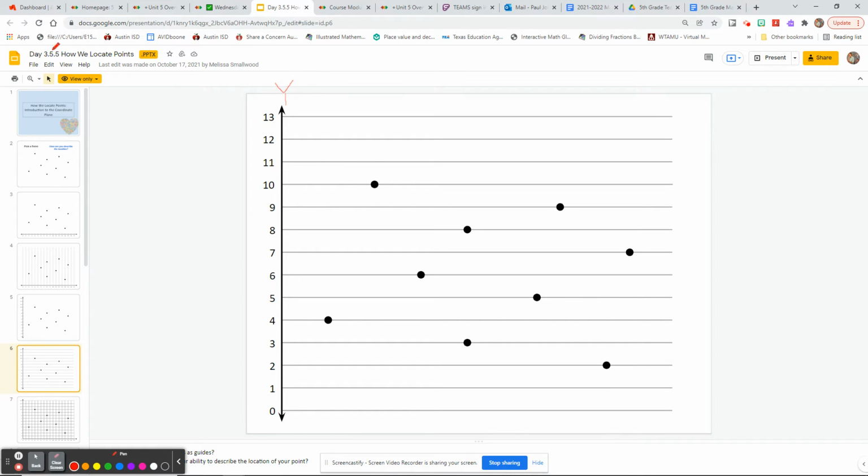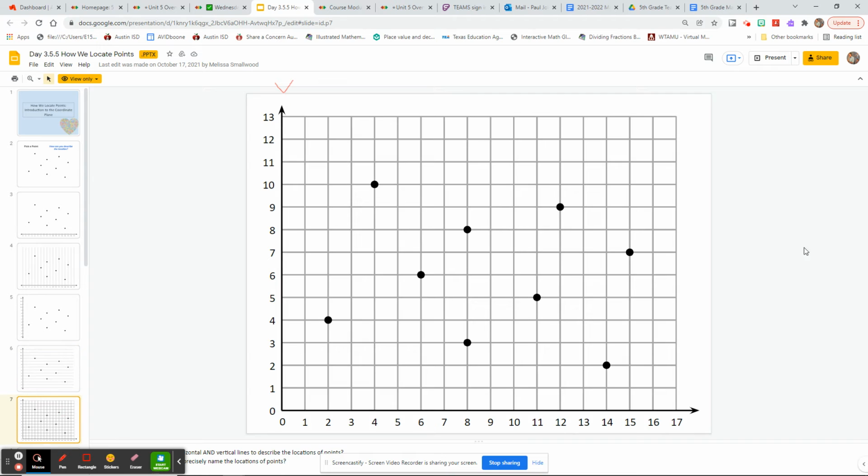So here's kind of what it looks like when we put all that together. Let me get the handy dandy pen out. All right, and so this is our x-axis over here, and this is over here our y-axis. That's our y-axis, all right? So if we wanted to give the location of our points, now we can be really specific. It's almost like Battleship, all right? And what I mean by that is you're going to say your x number first, and then your y number,